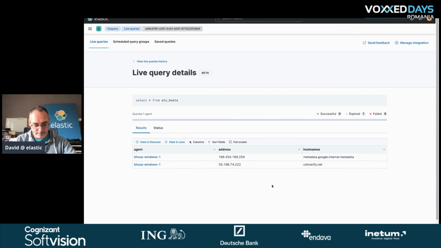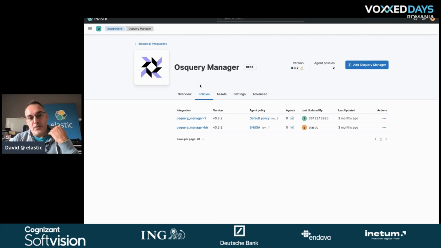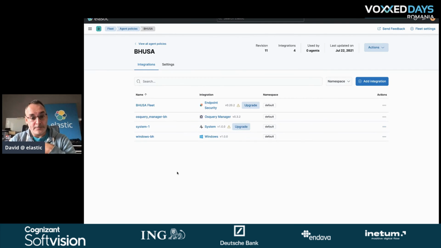So I mentioned that we have agents which are available everywhere on the host machine. So you can see here that the OS Query Manager has been deployed through this policy on the machine. So this policy contains several integrations that have been deployed.